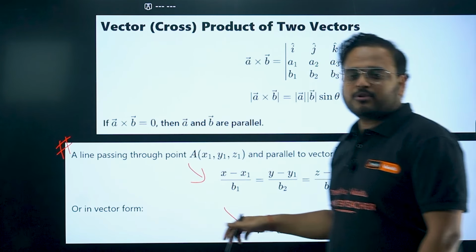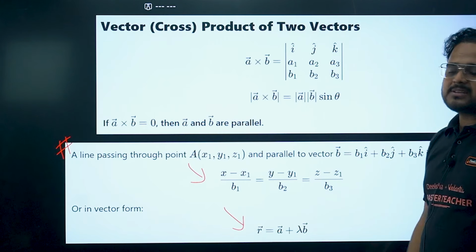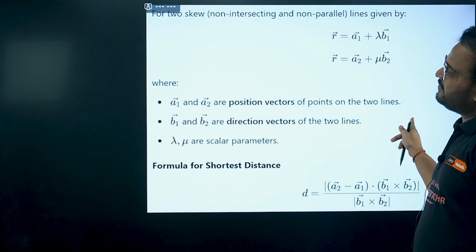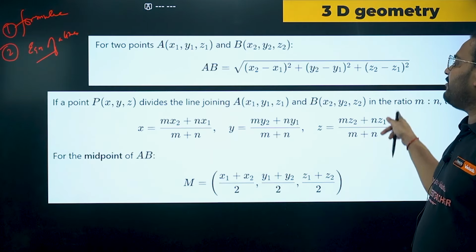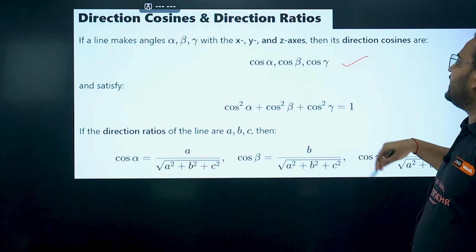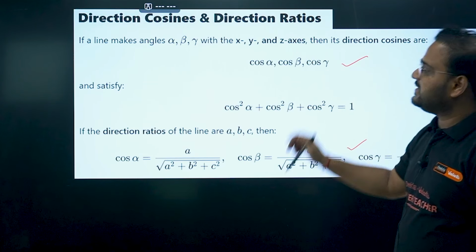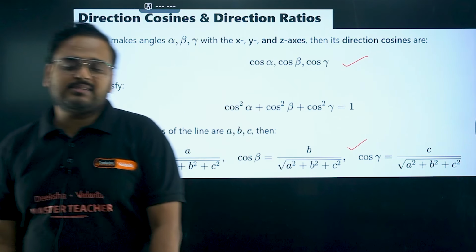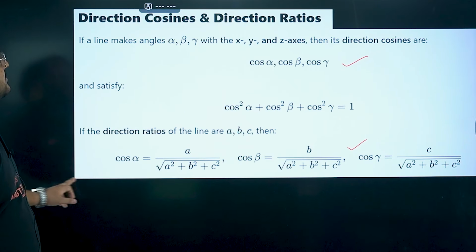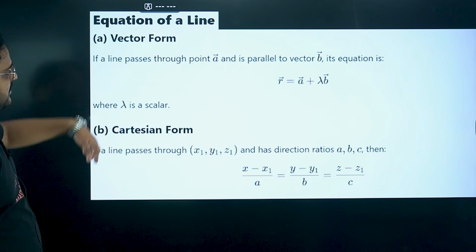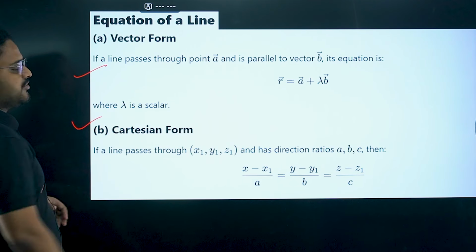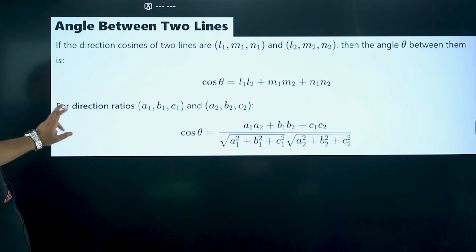So I'm asking about this: Cartesian and vector form, both can be asked. So please learn that as well, very important. And in 3D, again, formulas are there. You have direction cosines, we have direction ratios also. This is DRs and DCs. So they can be asked for any particular given case. So please learn that. Yeah, this I'm talking about, this derivation can be asked. So that is the end of this